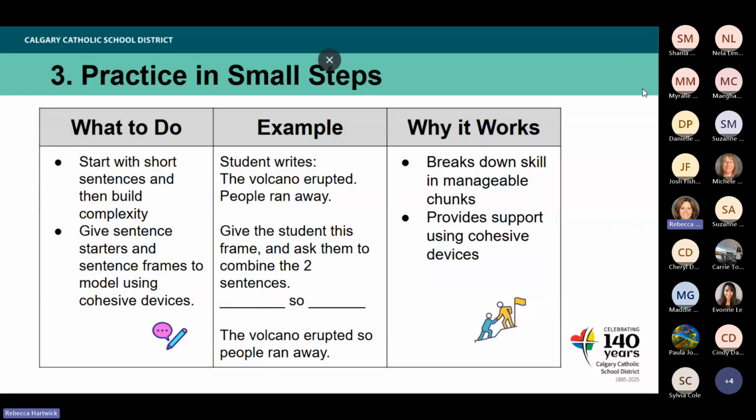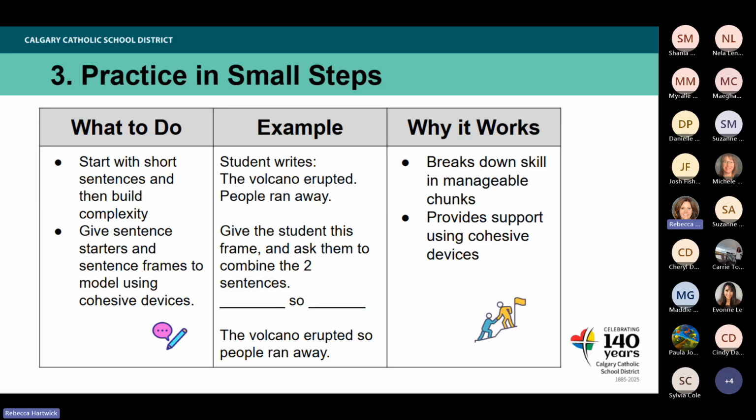The next strategy here is to practice in small steps. So what to do here, you would start with short sentences and then build complexity. Give sentence starters and sentence frames to model using cohesive devices. So for example, if a student writes, the volcano erupted, people ran away, you could then give the students the sentence frame and ask them to combine the two